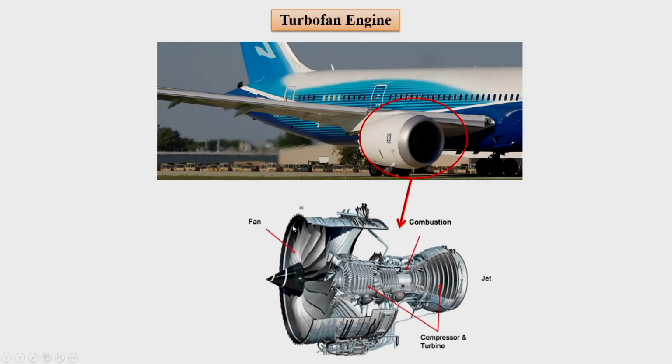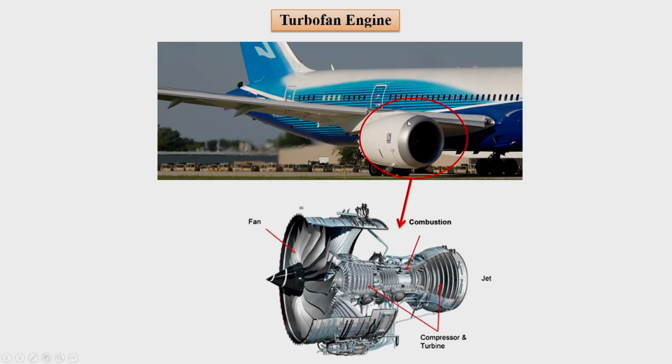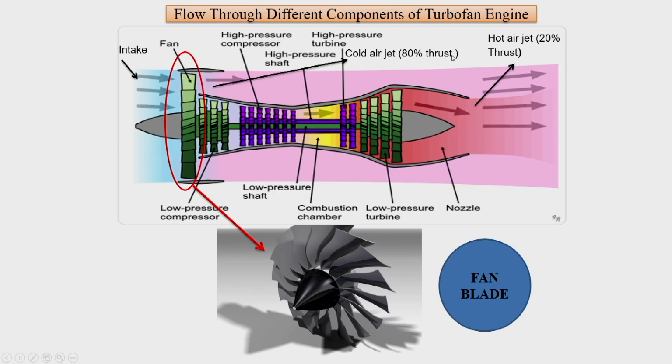As you would remember from one of our classes, we have distinguished between fan, compressor and diffuser. So the fan is also an entity, a turbomachine which is used to compress, but it compresses to a very small pressure ratio. So this is a typical turbofan engine where, in addition to the components of the turbojet engine, we also have a fan. These are the components and flow through the different components of a turbofan engine.